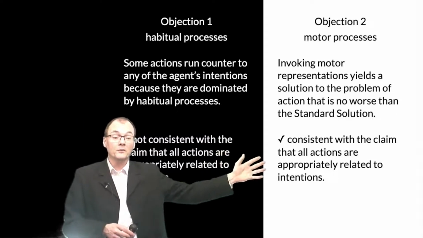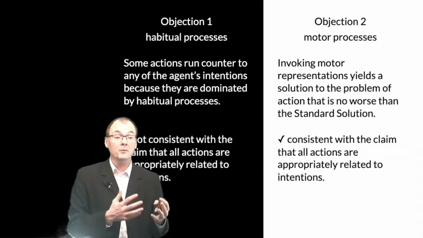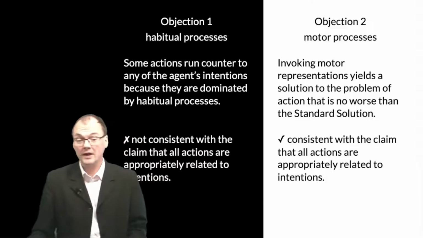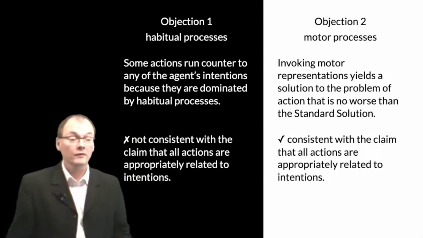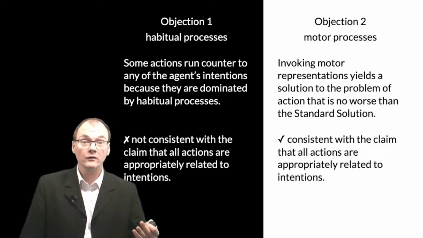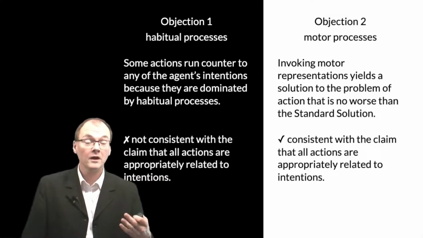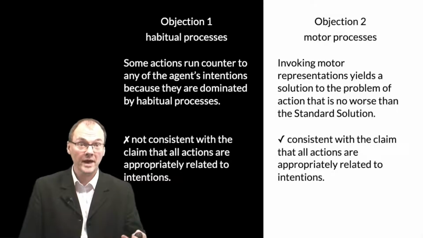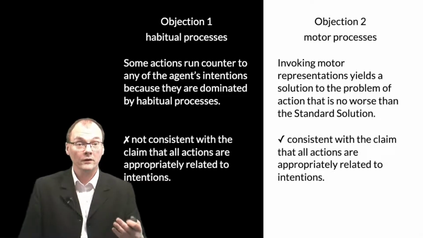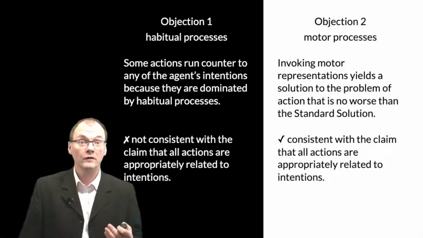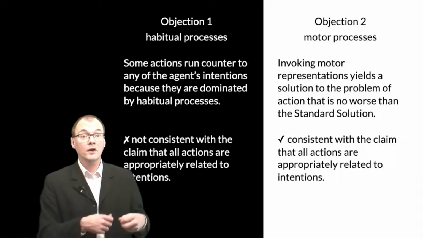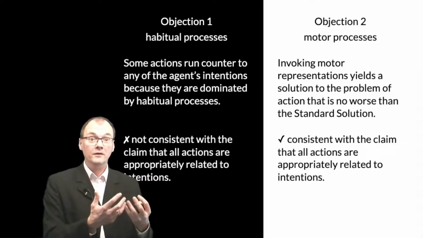We've also seen that there's an objection from motor processes, but again, this might not be the only objection that you can come up with. There may be other objections to the standard solution that we could derive from reflection on discoveries about motor processes. So what I'd encourage you to do is to treat these two objections as samples. These are the kind of ways in which discoveries in the behavioural sciences might challenge broadly philosophical assumptions about the nature of action in a way that is constructive, in the sense that it requires coming up with some alternative framework